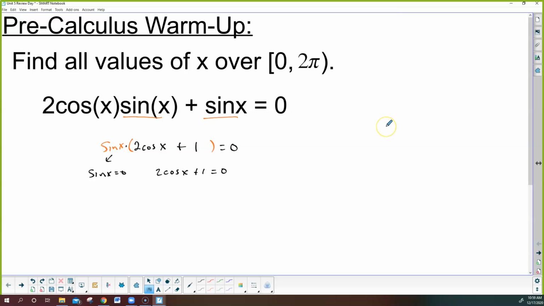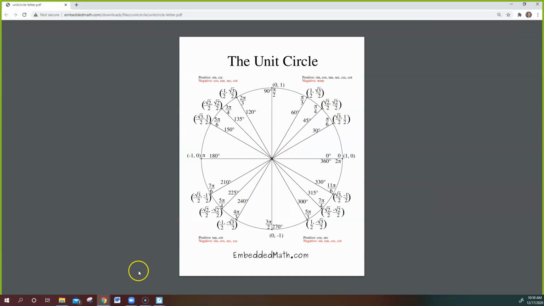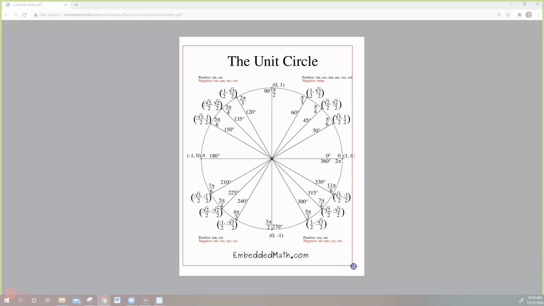Now, one of the things I was also thinking of is, I've always said I haven't memorized the unit circle. It's not super helpful, but the fact that everything we're going to do is online, and you have the ability to use the internet at times, I'm going to actually encourage that for right now. I just sent a link in the chat to the unit circle PDF, and it looks just like this. I'm going to make reference to this multiple times today, and I'm going to actually encourage you to use this on the test